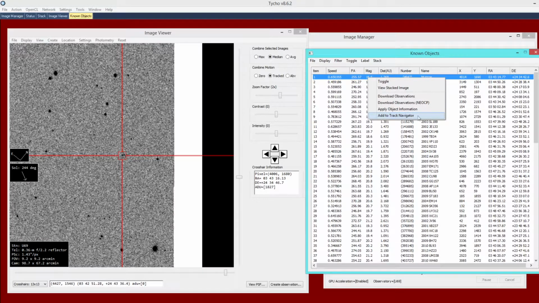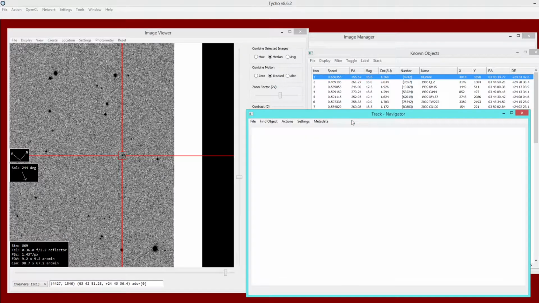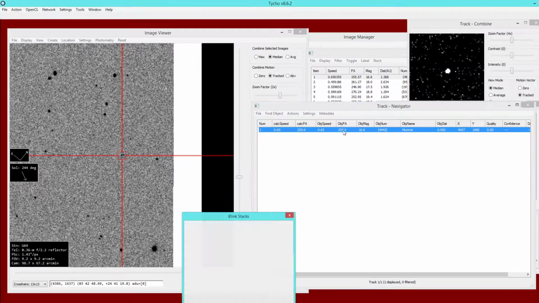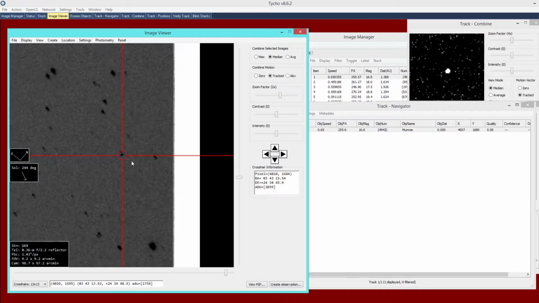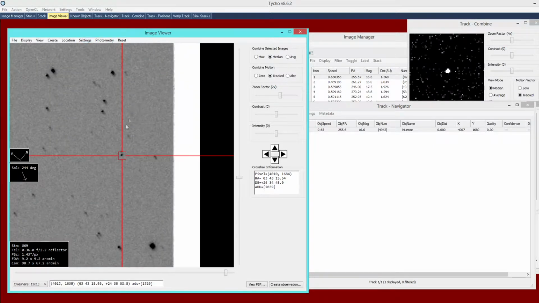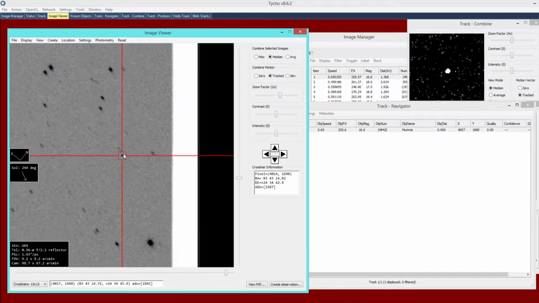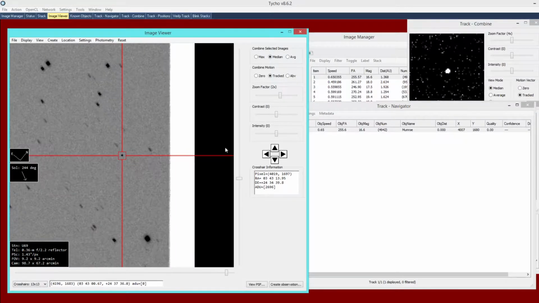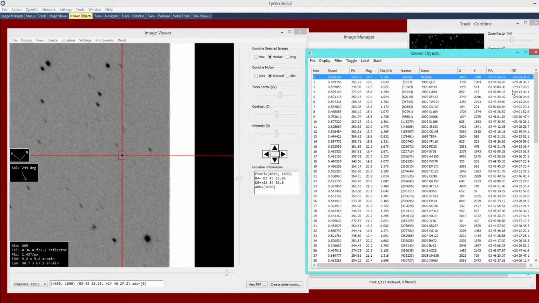So if I want to, I can add a track navigator just to do a quick inspection. If I double click on it, then we get this animation. Now what I want to do is adjust background level to automatic because these images have not yet been normalized. If I do that, you can see it better. Normalization, as it refers to in this context, is where the background level of each image is normalized such that they are equivalent. Anyway, that's something I'll show in just a moment, but for now, just looking through this list of known objects,